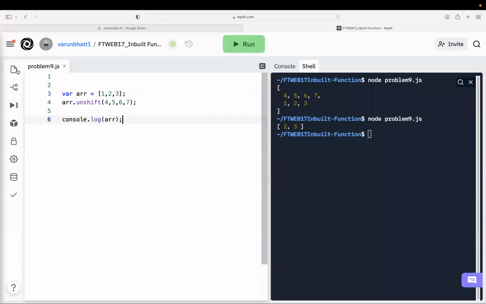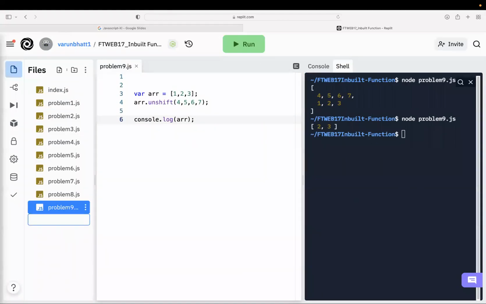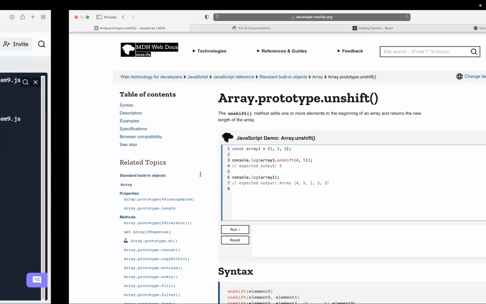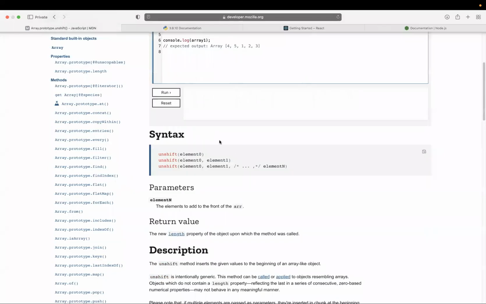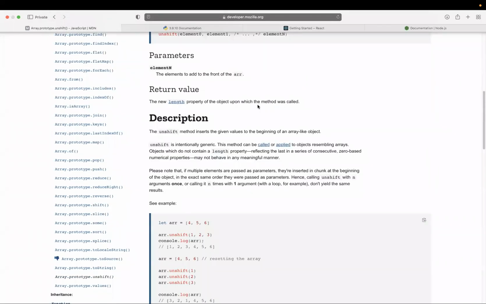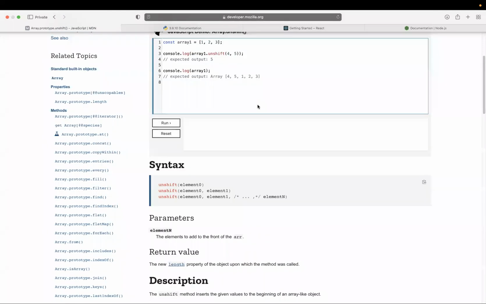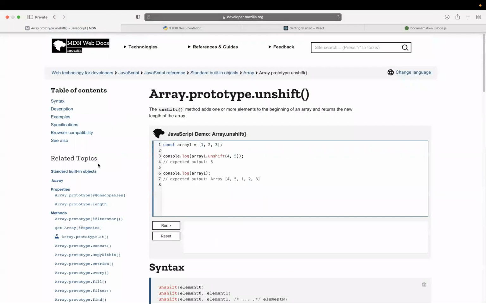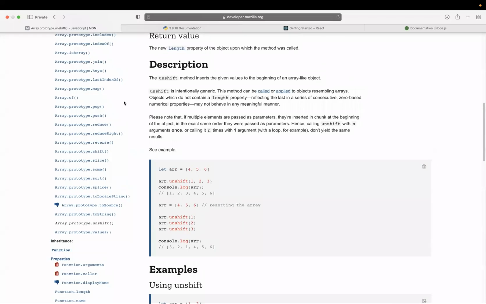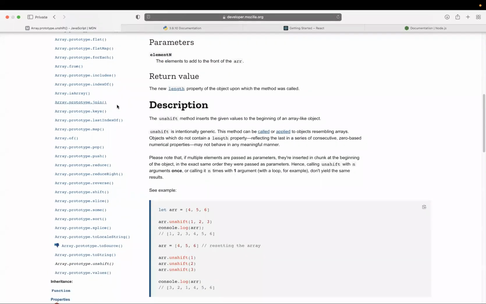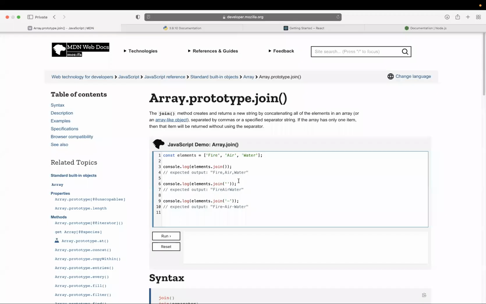Now let's move to the next one, that is problem 10. If I take you to the documentation, you can also see an example and the syntax, and it is also written the length of that array. So that is the theme. Now if I go to the next one, that is join. So it is join. Okay, what it is doing, it is actually